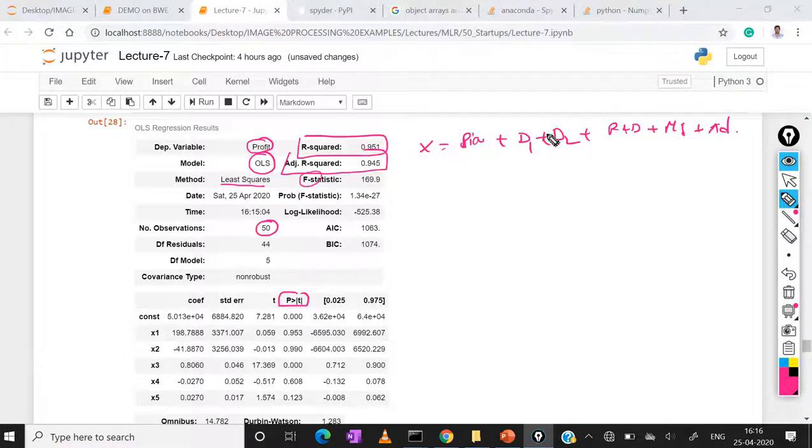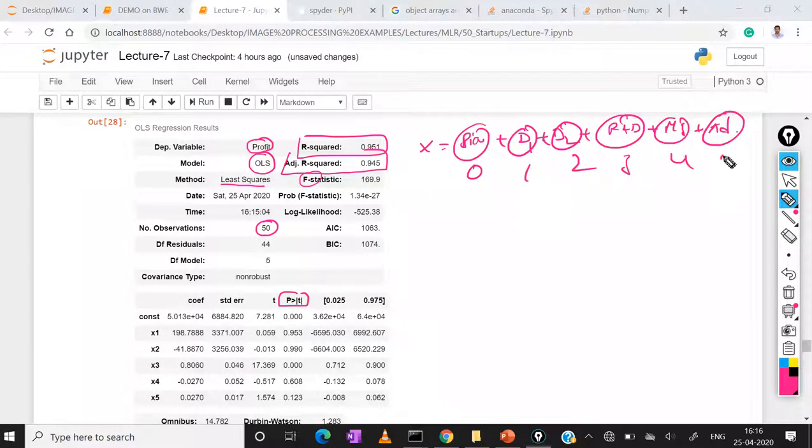So that means 0 1 2 3 4 5, six in total. So this constant is nothing but the bias, and x1, this is the dummy variable, this is x1, this is x2, this is x3, x4 and x5.